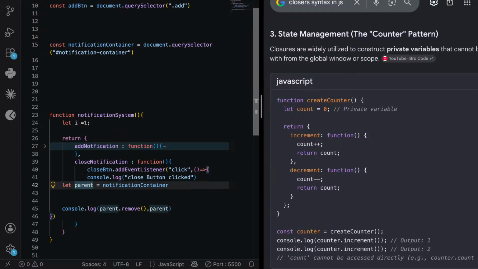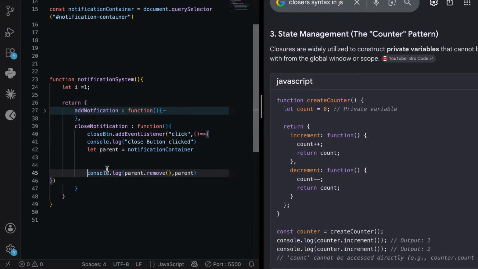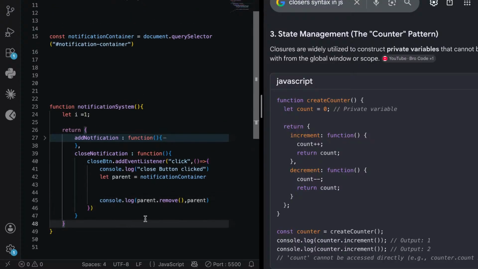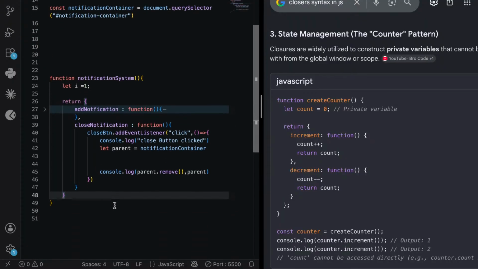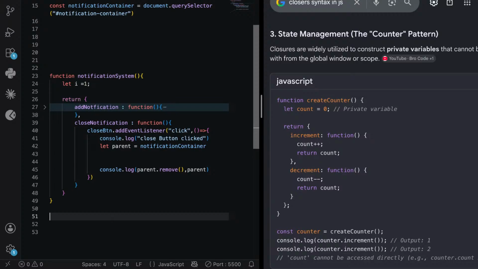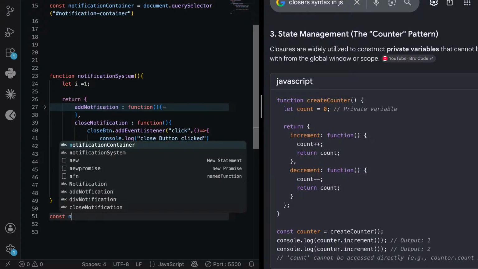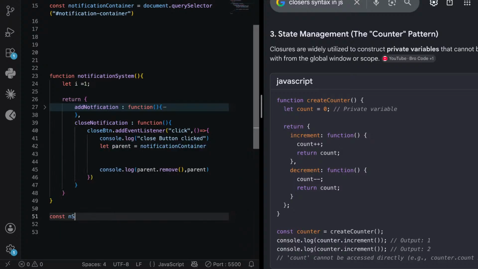Okay, got it. What we are trying to do is, here we haven't created a closure yet. Inside this closure, we are managing all the stuff. This is the work of this thing, this thing, this thing, and it's been properly managed. So what I'm supposed to do now is create a const ns, the notification system,